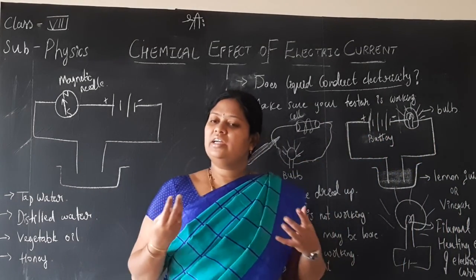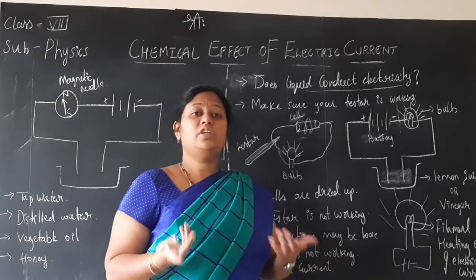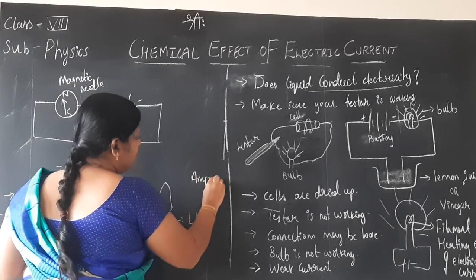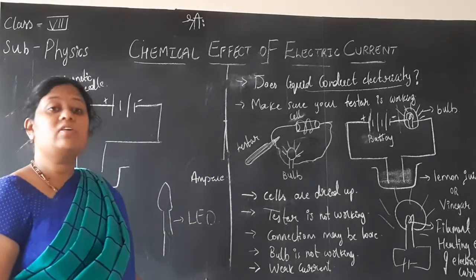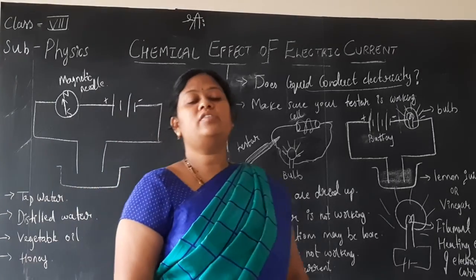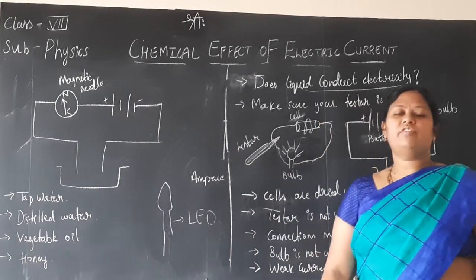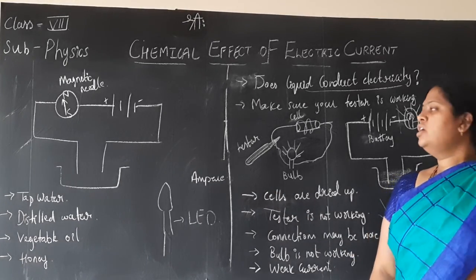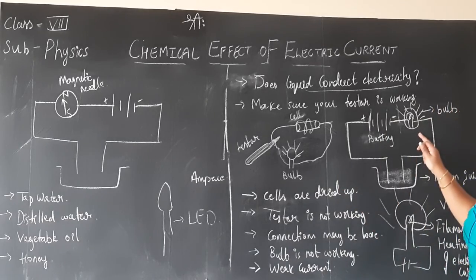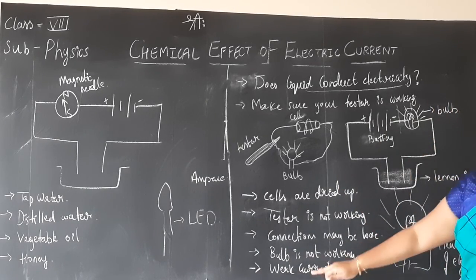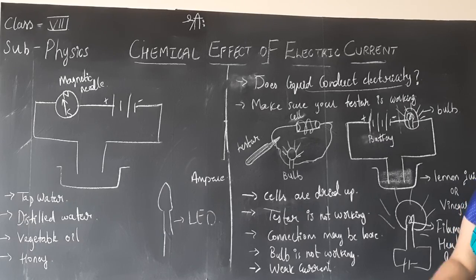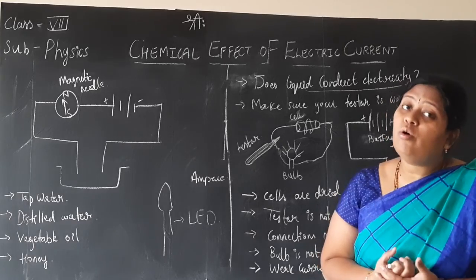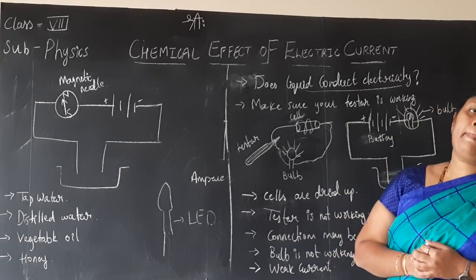Why? Because it requires some current. Maybe you know the unit of current, it is ampere, isn't it? The unit of current is ampere. Why is it ampere? Because it is named after the scientist called Andre Ampere. Ampere is the name of the scientist and it is named after him because he discovered this electricity. So, if the bulb is not glowing, one more reason is there may be weak current, or the bulb is not getting a sufficient amount of current for it to glow. Another one of the reasons.